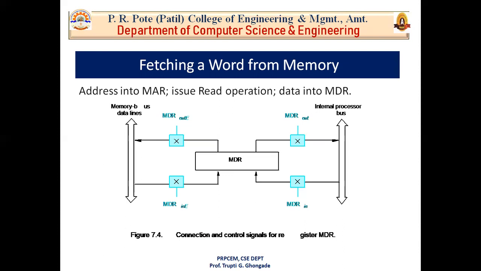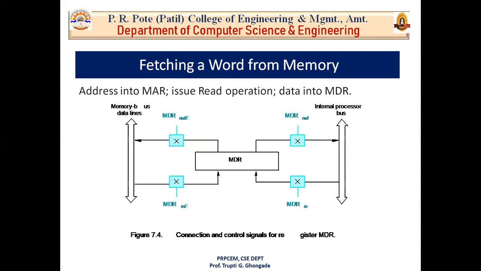Typically, cache is the smallest and fastest memory device. So your cache will respond to memory read and write operations in one clock cycle only. But your main memory introduces a delay of several clock cycles. How it happens, we will see in detail when we start the cache memory concept. To accommodate the variability in reading and writing time, the processor waits until it receives an indication that the requested read operation has been completed.